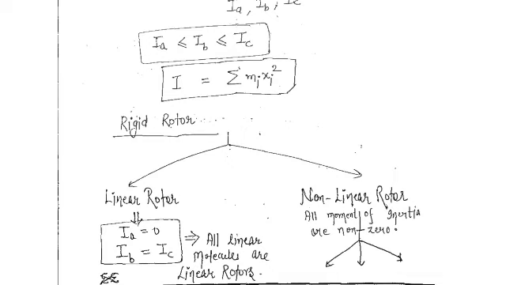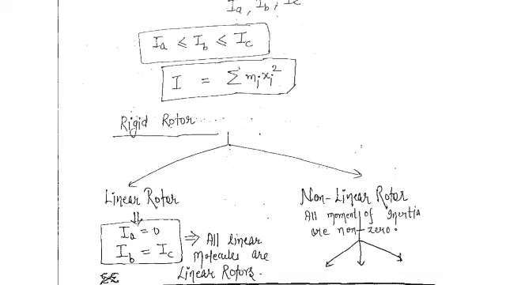So why 2? Because there are 3 axes. The molecule can be rotated about all the axes and we get the corresponding spectra, but we do not get one for a linear molecule because one axis is in the direction of the molecule, so it cannot give you a spectrum. That is why we assume only 2 axes where it can rotate, and we get 2 spectra. That is why we say a linear molecule has only 2 degrees of freedom.